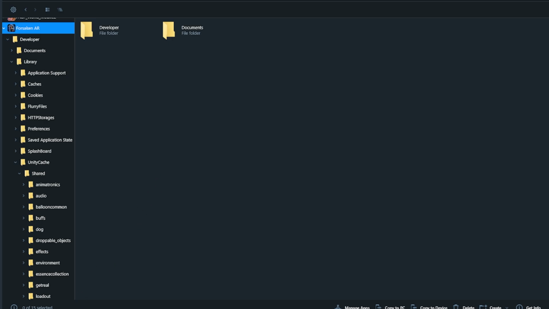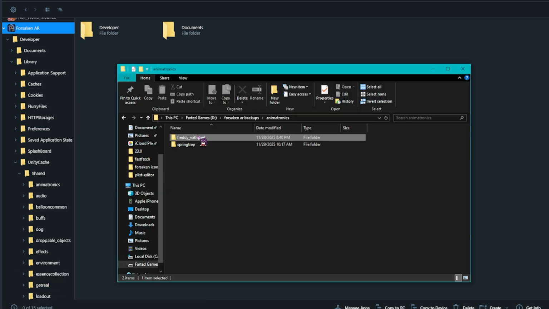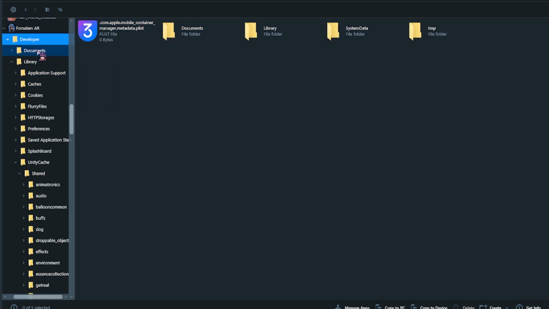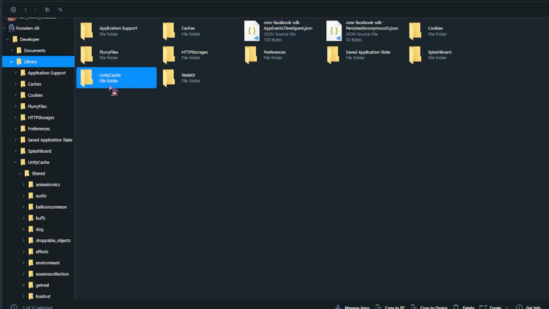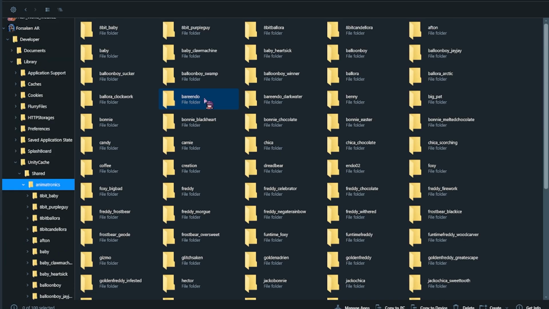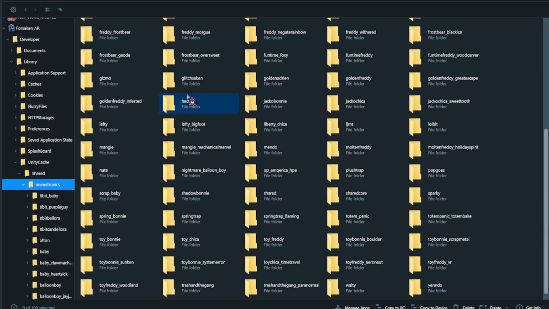But you want to get the underscore data file. That's what you want. The reason I have backups is because I've already modded these characters, so I want to back up. So you want to go to developer, library, Unity cache, shared, animatronics, and then you want to look for the animatronic you're going to try and mod. It's going to have every single animatronic in the game. For this one, since it's a Withered Freddy mod, you want to look for